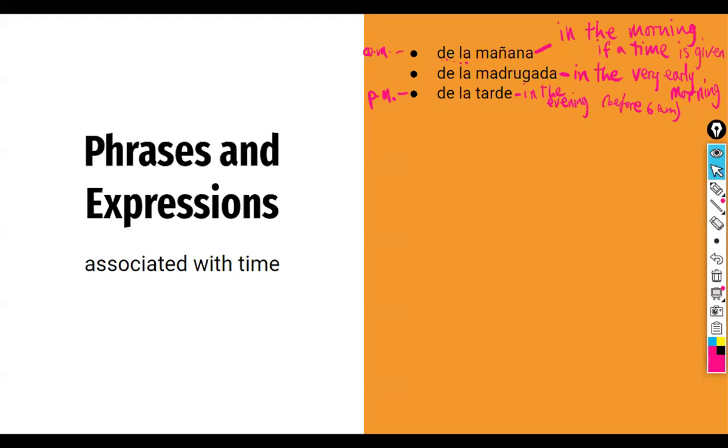In some comprehensions, I mean, not our textbook comprehensions, but when you're looking at other teachers' comprehensions online, I've seen AM itself and PM itself. But if for some reason that presented itself in front of you, you would have to say AM and PM. All right, de la noche, at night, in the night. What else we have here? Eso de is what we want to remember.